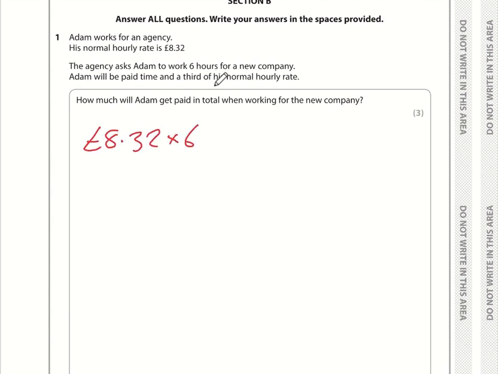However, he's going to get an extra third. So what we could do is work out 1/3 of this amount and then add it on, or we could just multiply by 1 1/3. And 1 1/3 as a decimal is 1.3 recurring. Now on the calculator you're probably going to want to just type in a few threes like so, and that comes to a total of